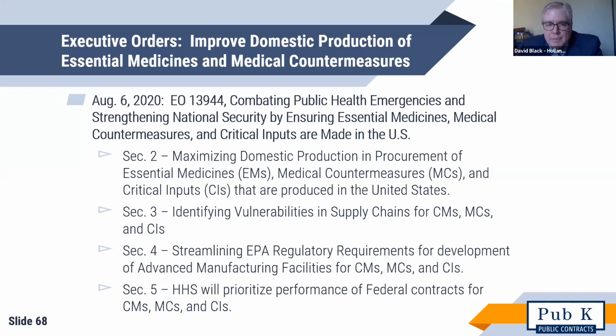Then Section 3 identifies vulnerabilities in the supply chains, so studying where those vulnerabilities might exist. You're going to see again some common ground with the Biden executive order, which we'll touch on a little later. Section 4 wants to streamline environmental regulations for the development of advanced manufacturing facilities for these types of critical medicines, et cetera. And then Section 5 asks HHS to basically make their contracts priority contracts under the Defense Production Act, to prioritize the performance of federal contracts over non-federal contracts for those